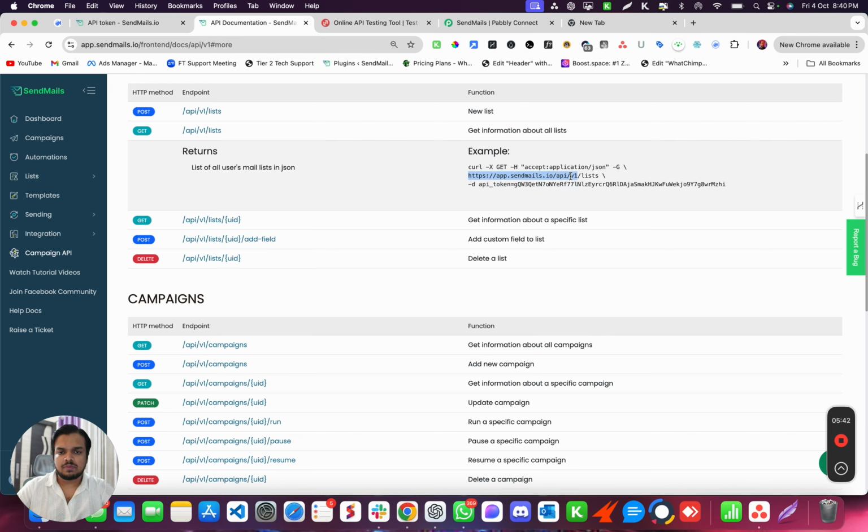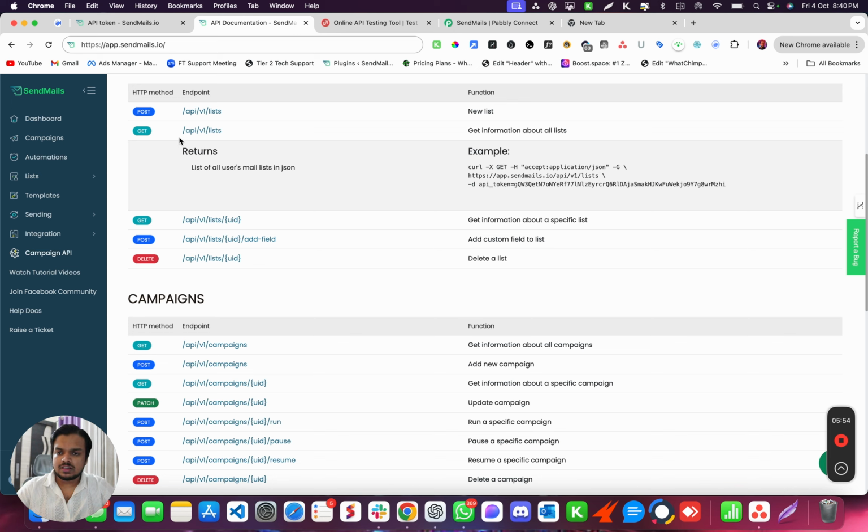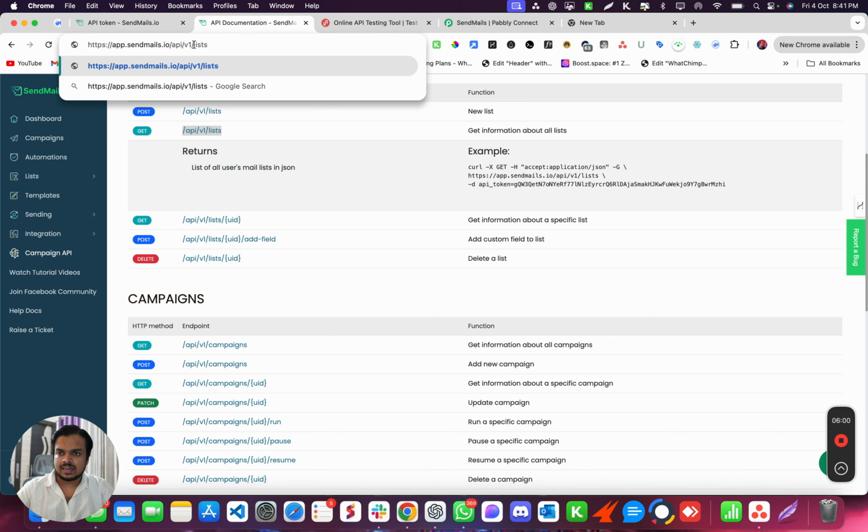This is the endpoint, right? So endpoint is already mentioned over here. Endpoint is nothing but whatever comes after the primary domain. So the primary domain over here is app.sendmails.io, and endpoint is whatever is going to be added after it, right? So if I copy this and I delete this and I add this over here, this becomes my endpoint. So this is the place where I have to make an API hit so that I can fetch the